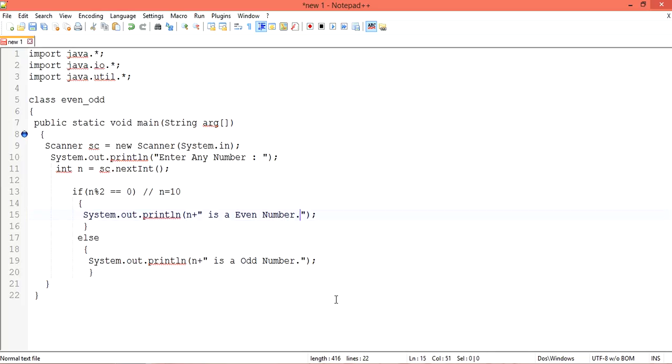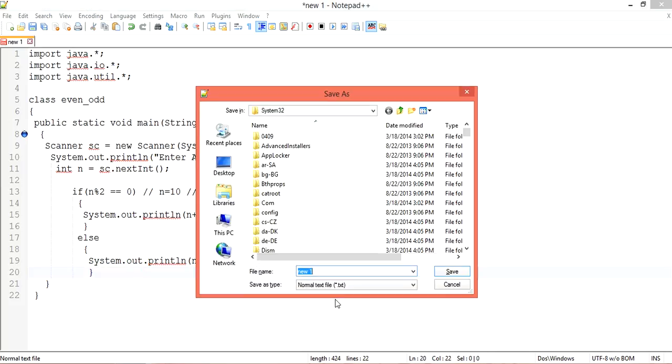Otherwise, assume we give n equals 11, then 11 mod 2 gives remainder 1. The 1 is not equal to 0, so this condition is false. Then it goes to the else part and prints that 11 is an odd number. Okay, then check whether this is perfect or not.